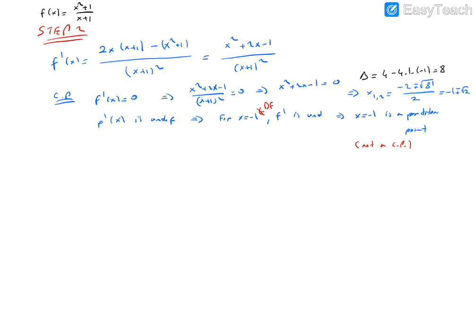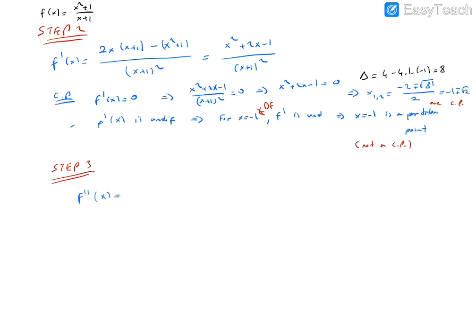Okay. So we have 2 critical points. These are different than the minus 1. So these are the critical points. I will make the sign chart later. Okay. So let's look at step 3. We should calculate the second derivative of the f.